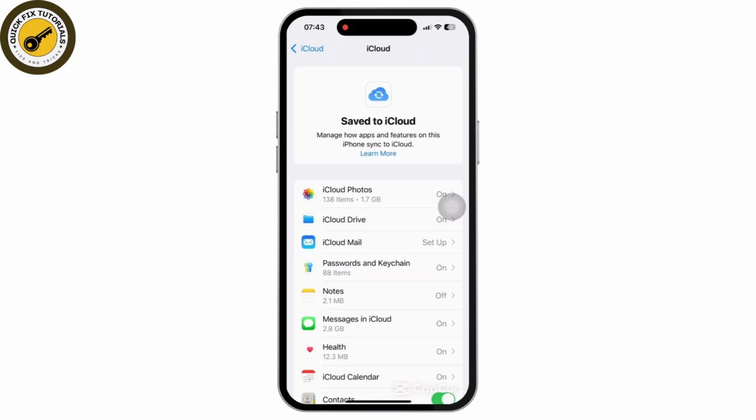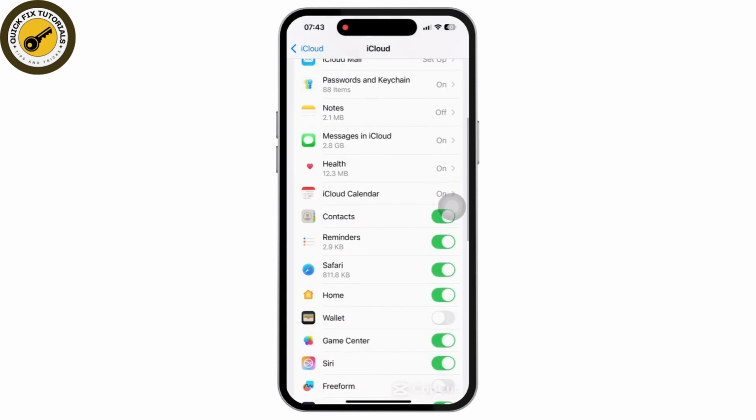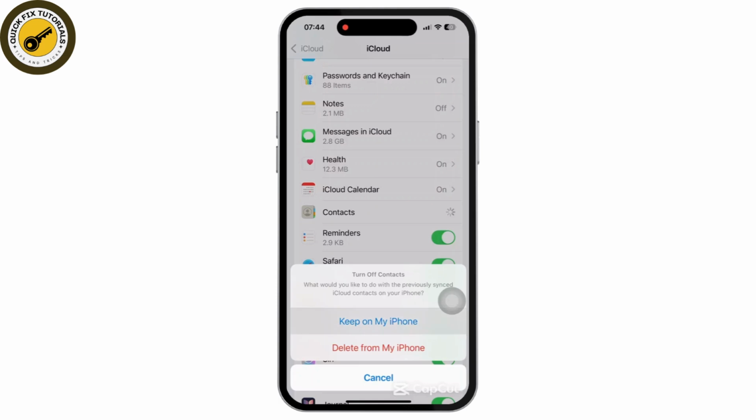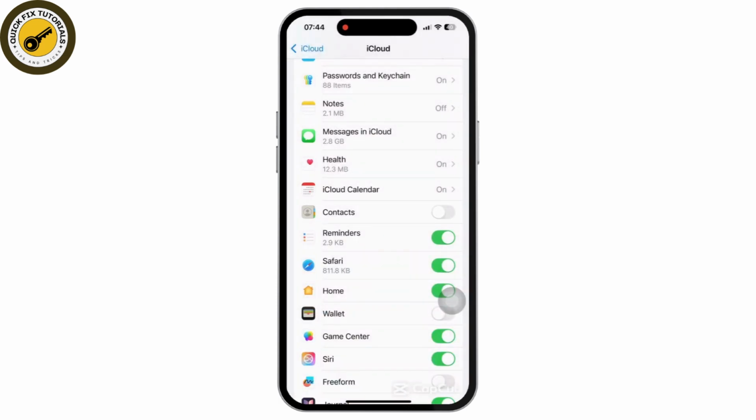Since we are stopping the call history, you can simply tap on Contacts. Then if it is toggled on, make sure to toggle off that switch and tap on Keep on this iPhone. And that is it. Now if this also does not work, then go back to the settings again, and once